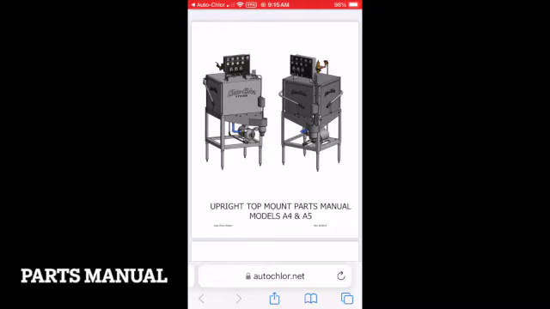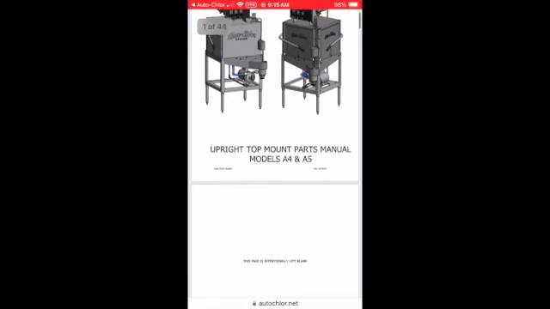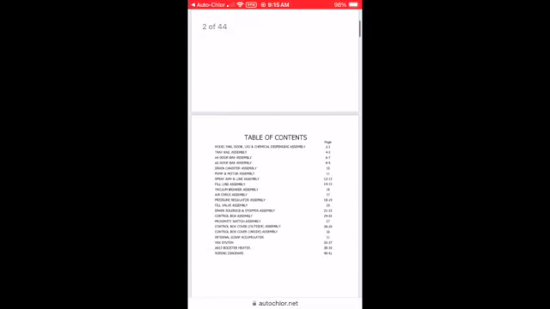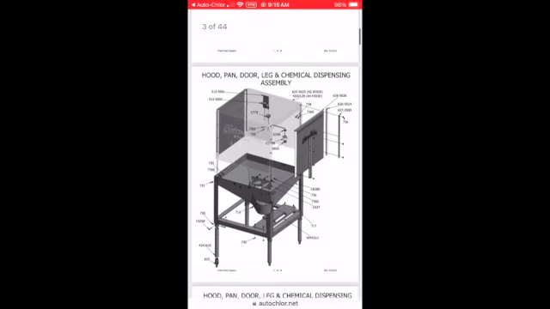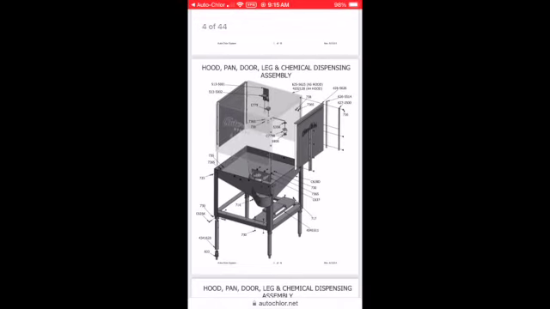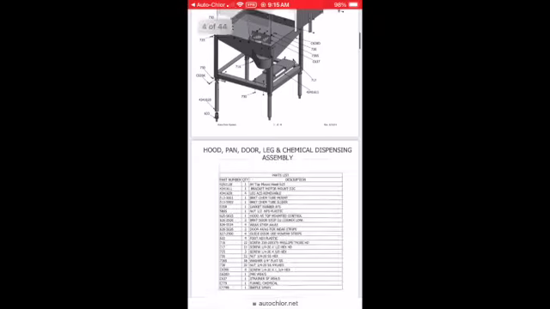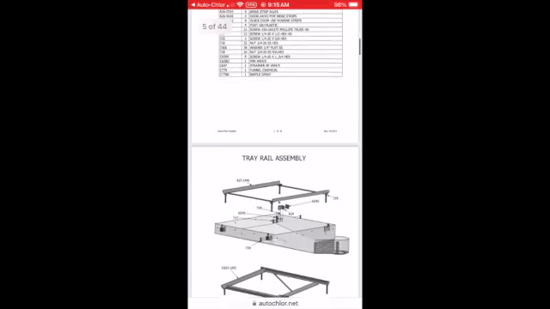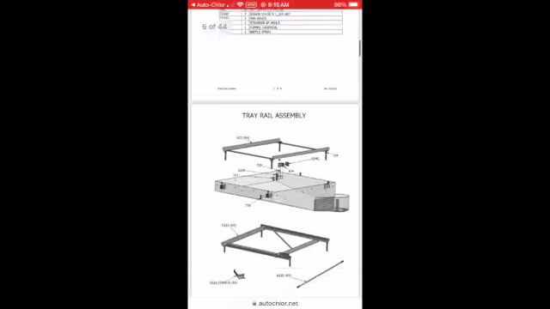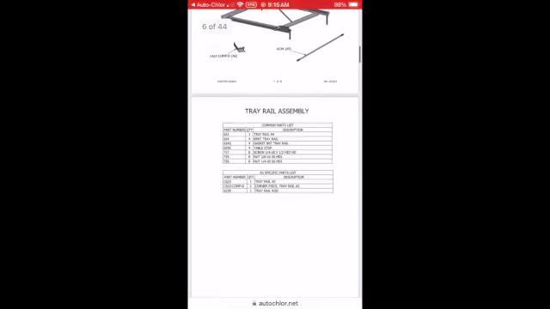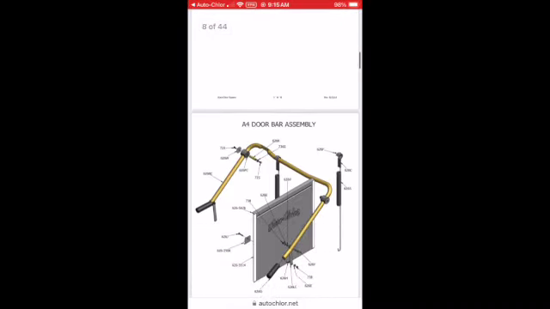Secondly, every machine has a parts manual attached to it. So this is a great resource if you're needing to find a particular part for one of your machines and you need to get back with your supervisor or manager or whoever does the ordering, so you can find the exact part along with the part number and name, to help somebody in ordering